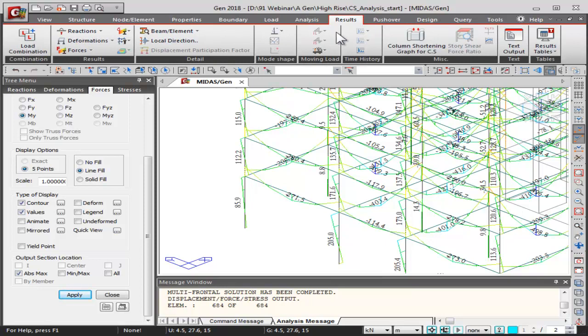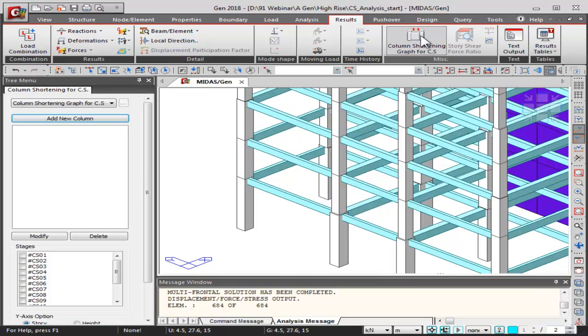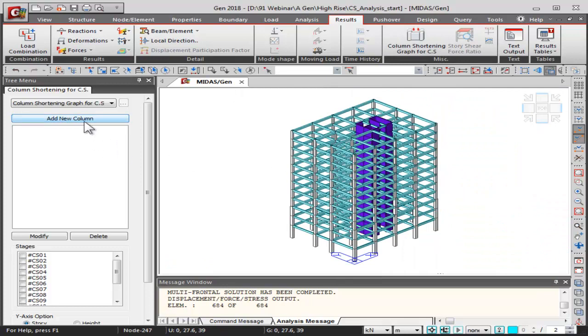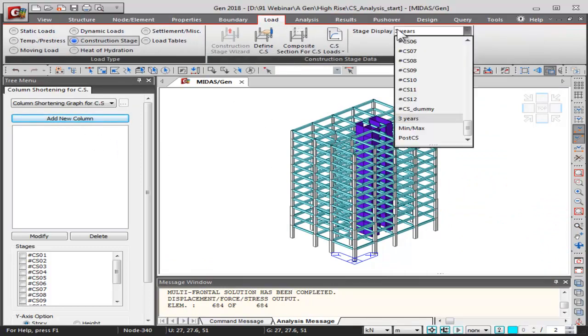So this is the result for beam diagrams. Now after the column shortening analysis has been performed, we need to check the result for the column shortening. So Midas Gen has got column shortening graph for construction stage. It's a very useful tool. So I'll go back over here to,